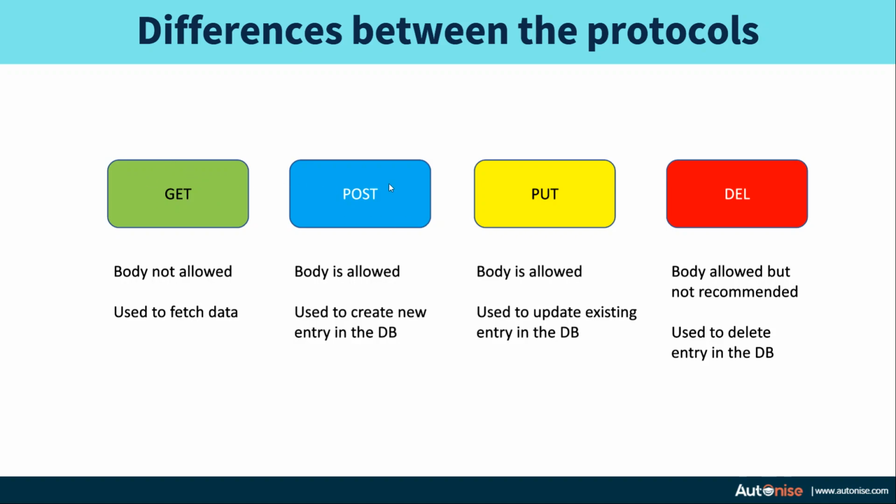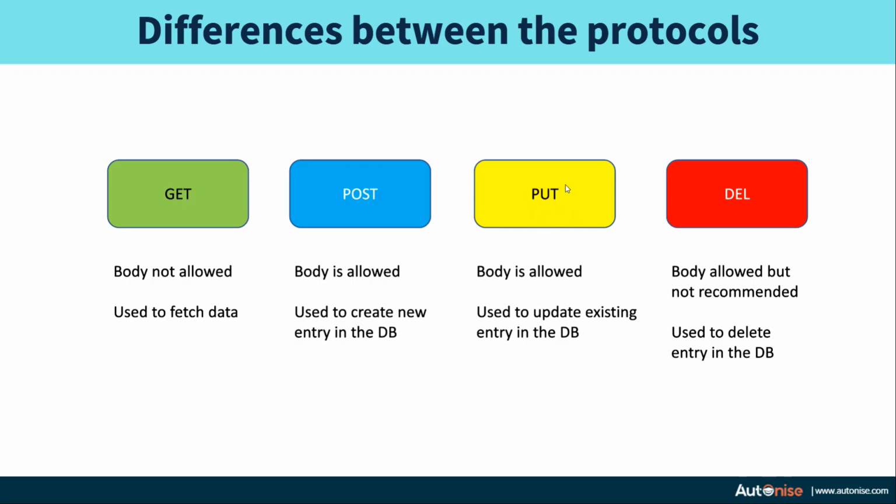Then comes the POST request. The POST request is used to create a new entry in the database. As you want to send some data from the client to the server, we need to have a payload or a body for these requests. So the POST request has a body which can send as much data as you want. These bodies are broken down into packets which are sent over the routers and are received by the servers. You do not need to worry about that, that comes inside the transport layer, but you can just remember that you can put any amount of information that you want inside your POST request.